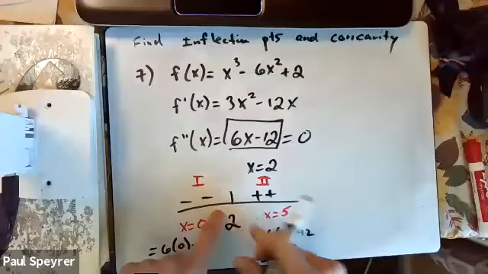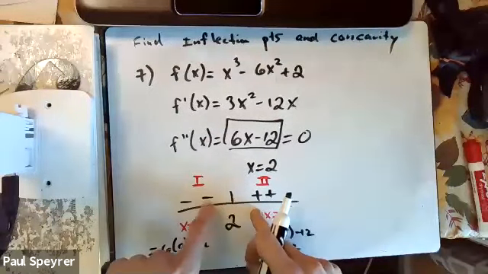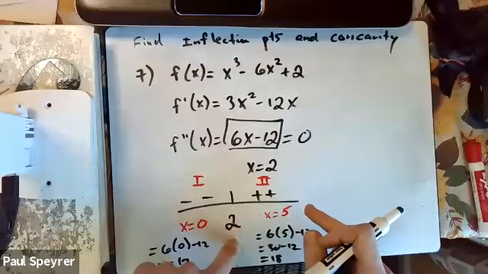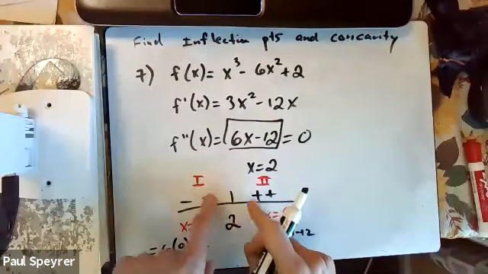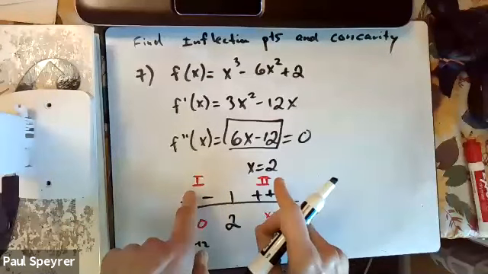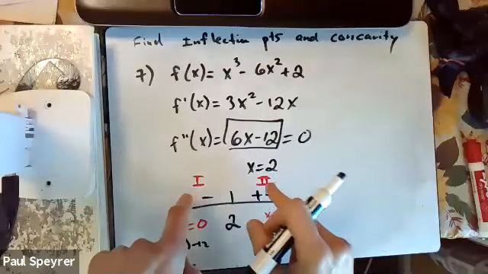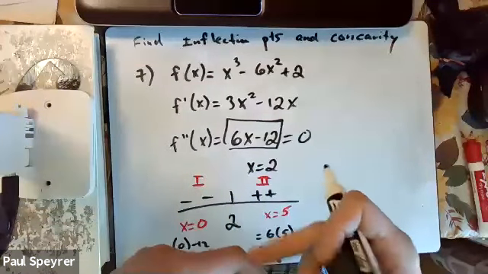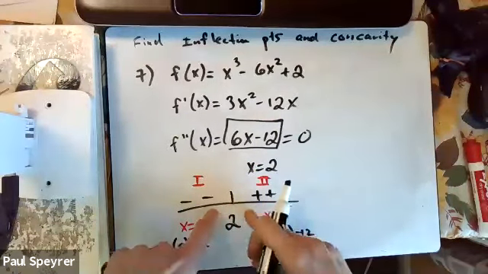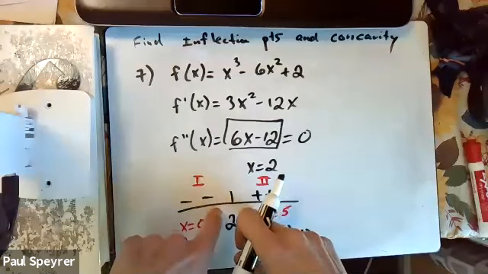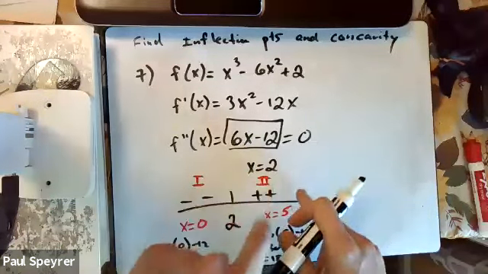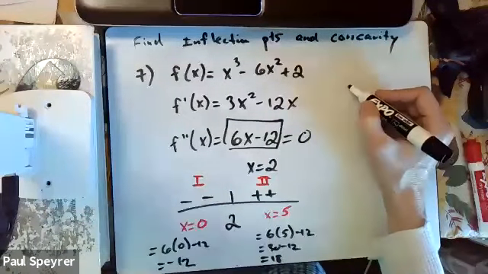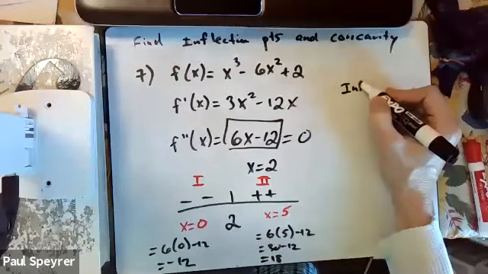Now, wherever you have a sign change, when we go from negative to positive or positive to negative, that's a point of inflection. If for some reason both of these were negative, negative, or positive, positive, then you will not have an inflection point. In order for an inflection point to occur, you must have a sign change. So in this case right here, we're going from negative to positive. We have an inflection point